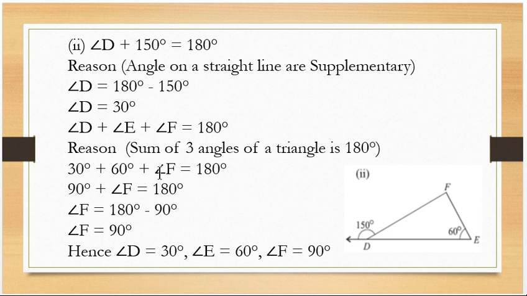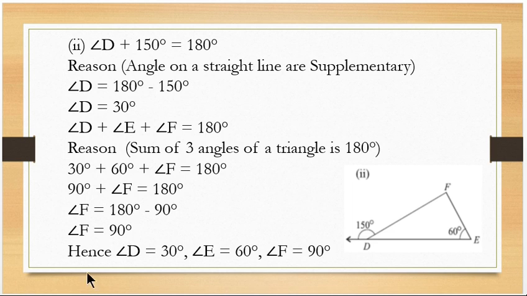So by using the property of the triangle, that when we add all three angles the sum will be equal to 180, I will write it this way: D, I know the value, that is 30. I am putting E, I know the value, that is 60. And F is the missing angle, and the sum of the three angles will be equal to 180. Now add 30 and 60, that will be equal to 90 degrees. And F, which is the missing angle, now take this 90 to the other side of the equality, and it will be subtracted from 180, and the answer is 90 degrees. So the value of angle F is equal to 90 degrees.